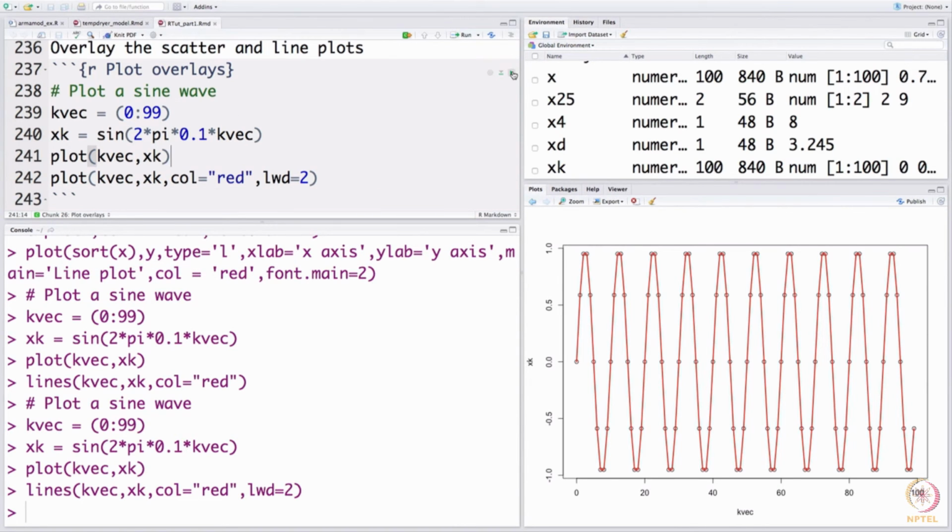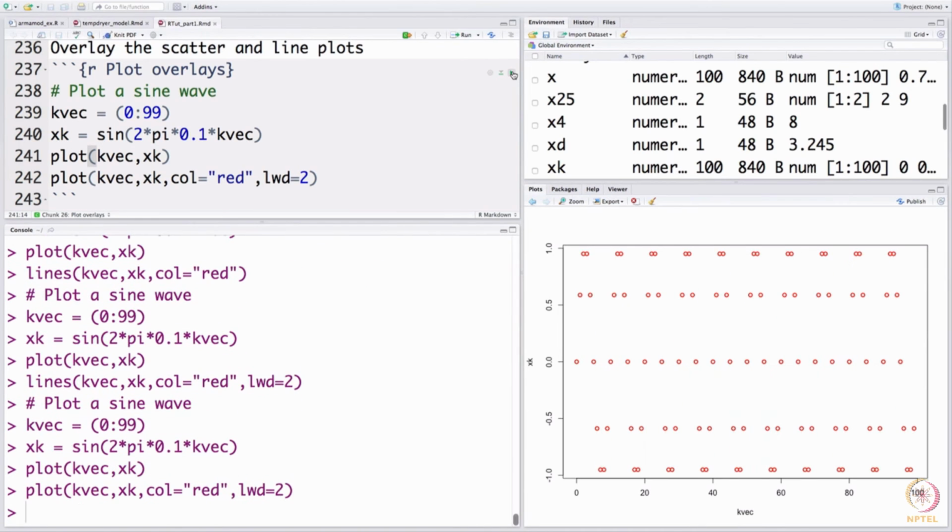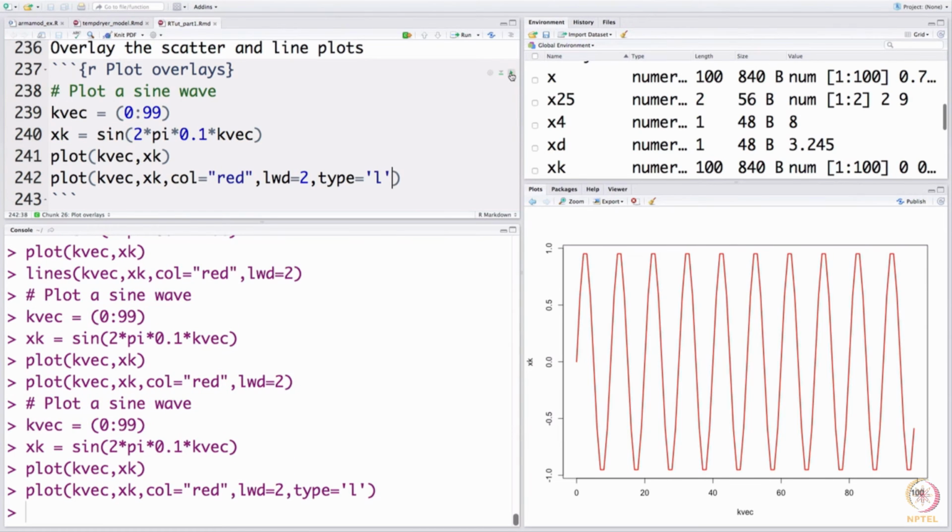So, let us do that here. Look at what has happened here. It has actually generated again a scatter plot, because the second one is also a scatter. If I run this kind of syntax, you see what has happened is, it has overwritten the scatter plot that the previous one has generated, and that is what a plot usually does.